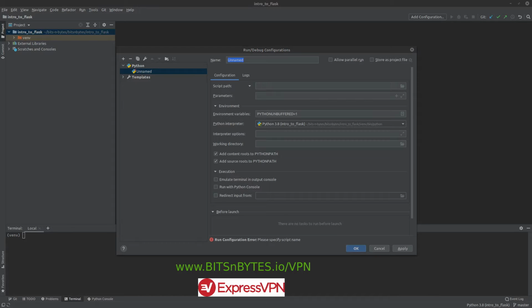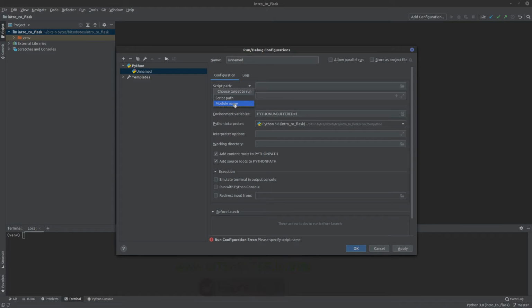Okay, so essentially what I did was I opened up the window to create our configuration. We're not going to use a script path. A script path can be used if you want to point to a specific script to execute. So this add configuration adds a configuration to our IDE to give us the ability to run our application via Flask. I didn't explain it very well the first time. So we're going to use module name, and I'm just going to call it flask. And then we're going to give it a couple parameters here.